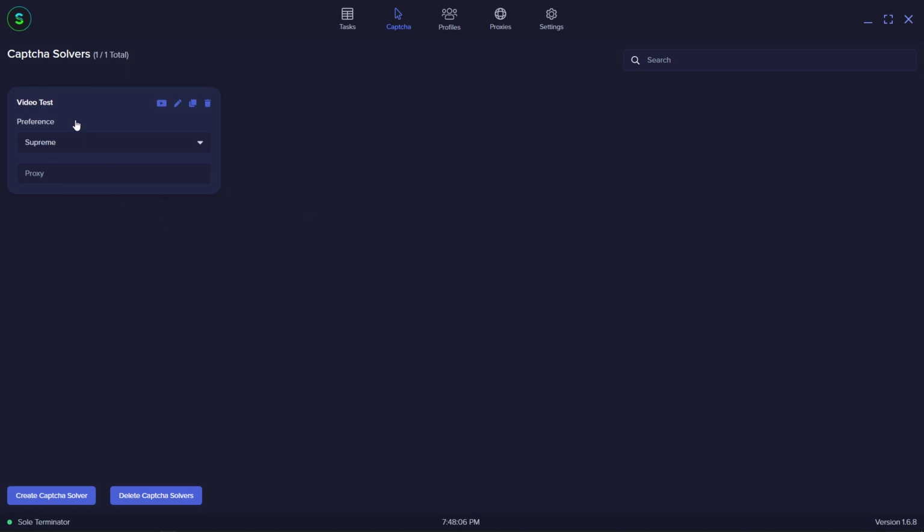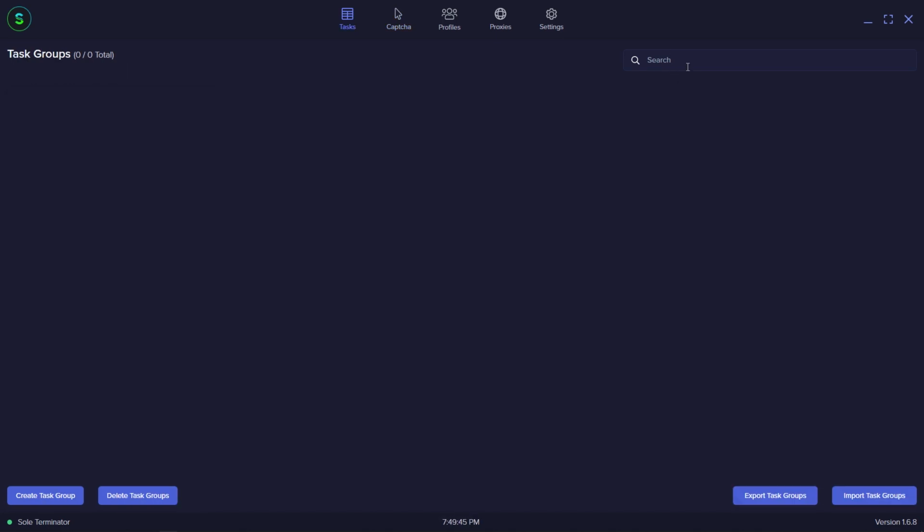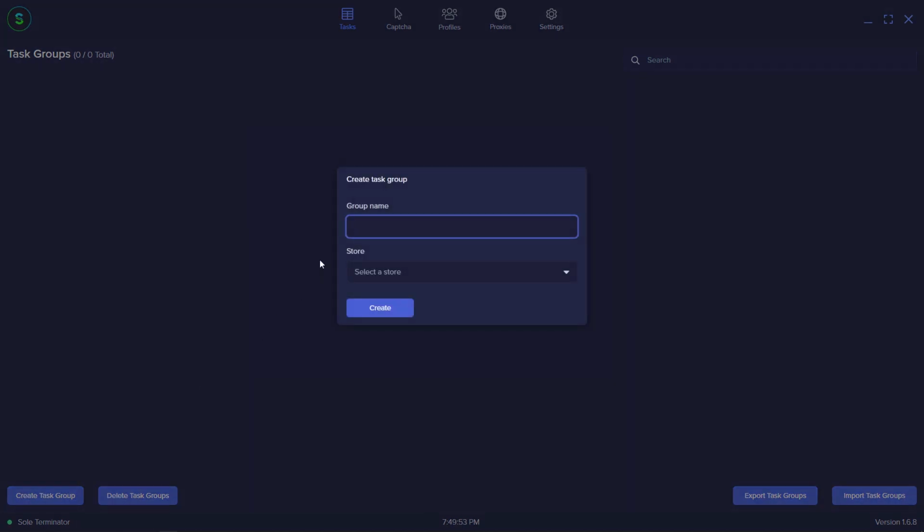If you want to open the capture solver up, you hit it once and it appears here, ready for your captures to be sent to the solver. So you can go ahead and search for your tasks and your task groups using the search bar up here. Once again, you can export and import them if you wish, but let's go ahead and create a task group here. I'm going to call it video test